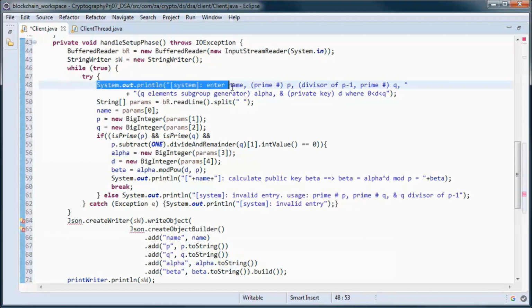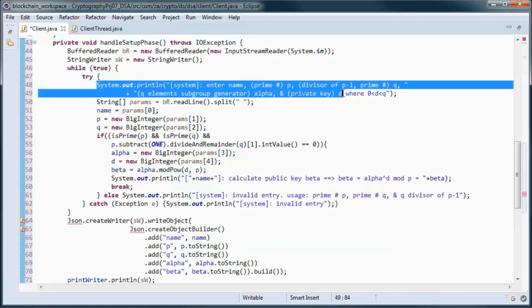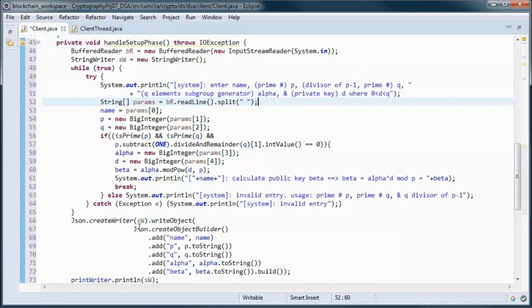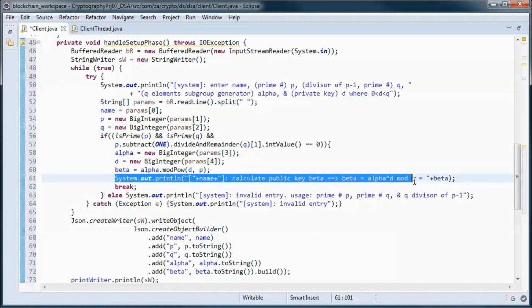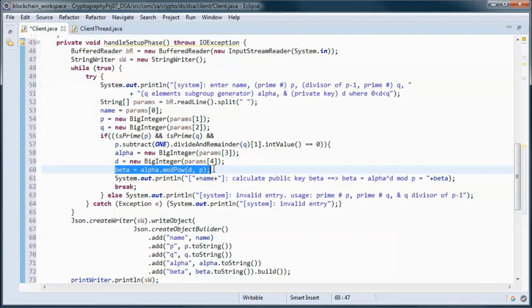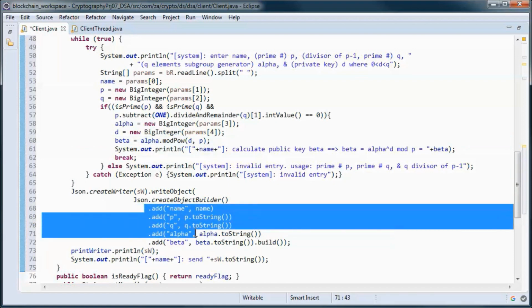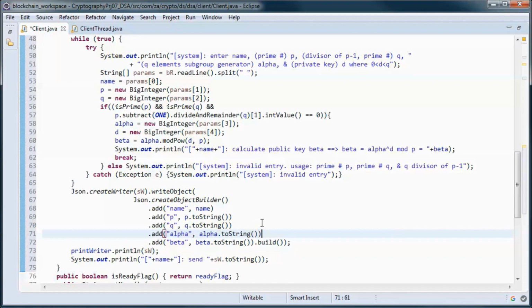So it prompts the user for the name and for the prime number p and the prime number q, which is a divisor of p minus 1, and the generator alpha, and his private key D. And it calculates the public key beta, and it puts the name and P and Q and alpha and beta in a JSON object and sends them to the other party.